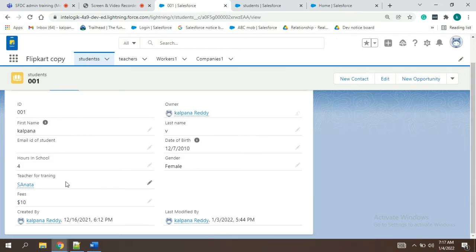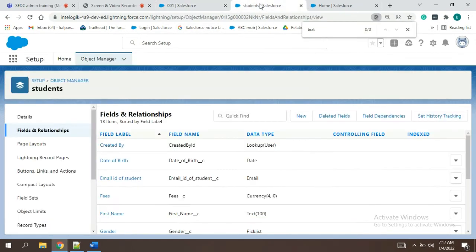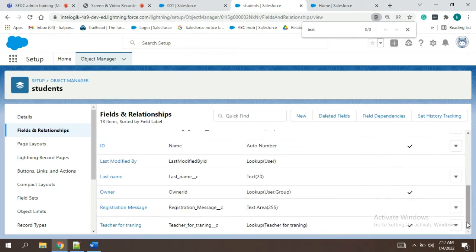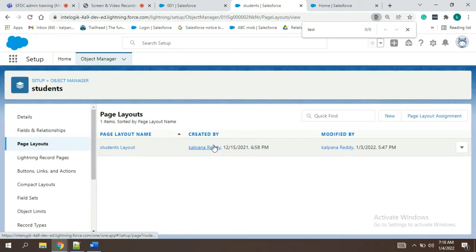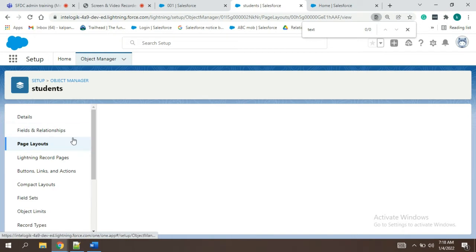Okay, sometimes it is late. We'll see in classic whether this has been updated or not. Okay, we'll see in layout. You know what page layout is.